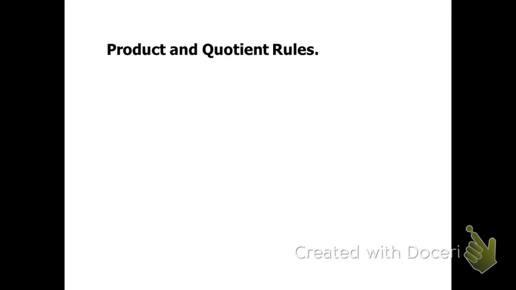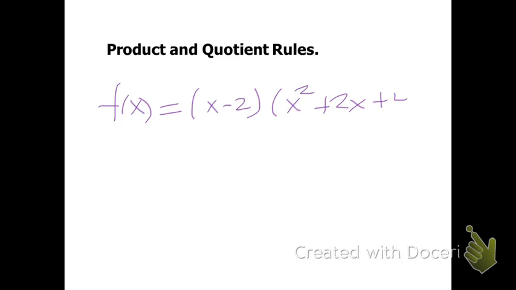Today we're going to study the product and quotient rules for derivatives. These rules are important because, for example, if you have a function like f of x equals x minus 2 multiplied by x squared plus 2x plus 4, well, you cannot just say the derivative of this function is the derivative of this factor multiplied by the derivative